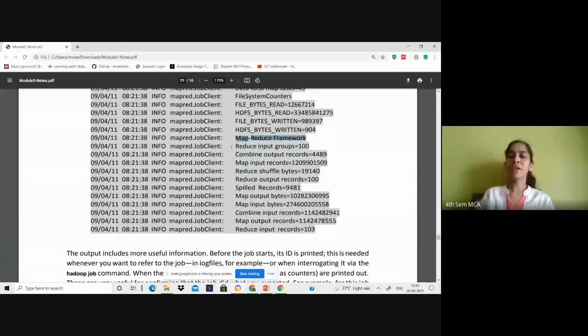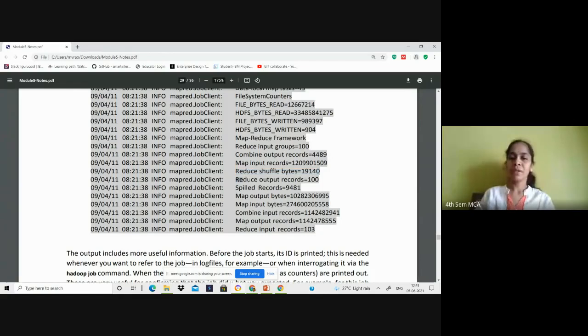Reduce input groups, combine output records, how many output records are combined intermediate to the map and reduce phase, map input records, and reduce shuffle bytes, how many bytes are shuffled before giving it as input to the reduce phase.